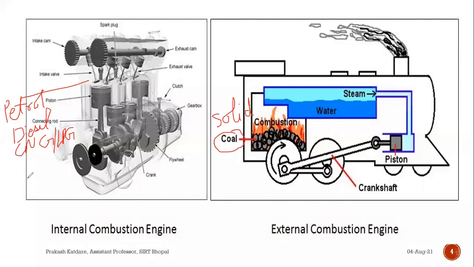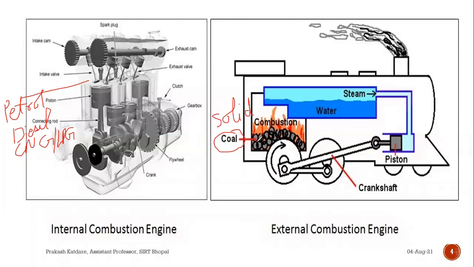Then in an external combustion engine, since we are utilizing coal as a fuel, we will burn it. After that, some heat will be generated. This heat will be transferred to water. The water will be converted into steam, and then with the help of this steam, you will be running the